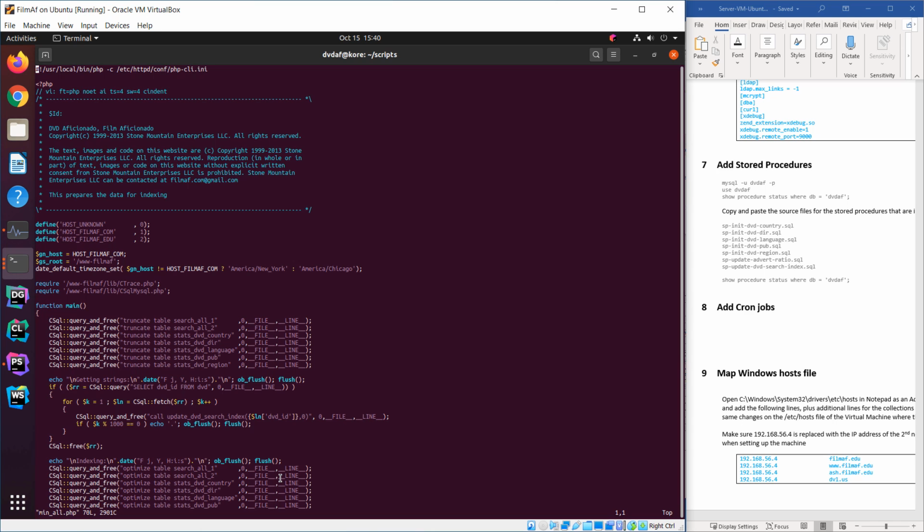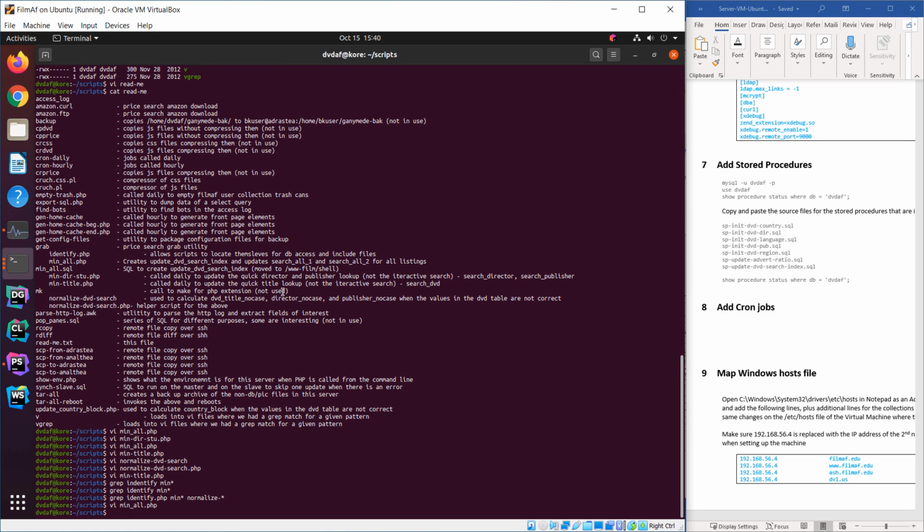Min all. So this is obviously the wrong directory, right? Because things have moved in relation to the old server. So what we're going to do is I'm going to load all of these files. So all studio director title search, okay. So load them all,